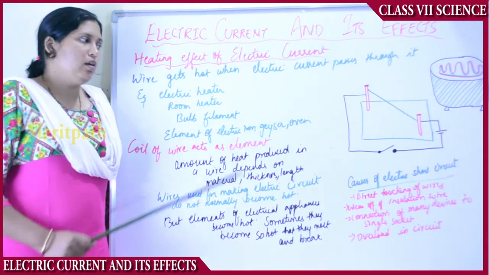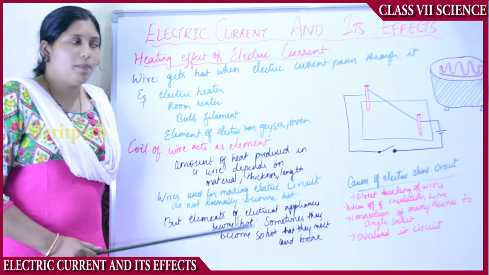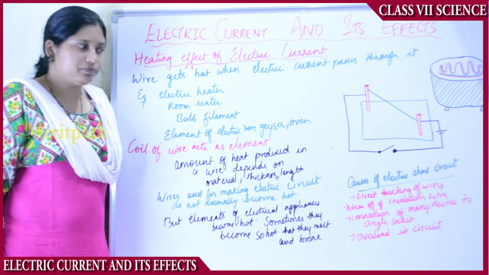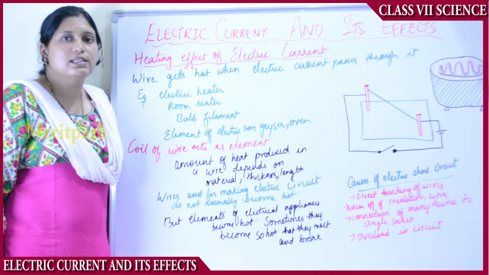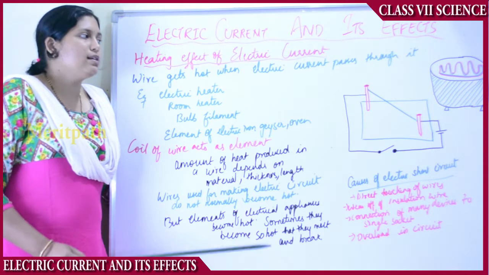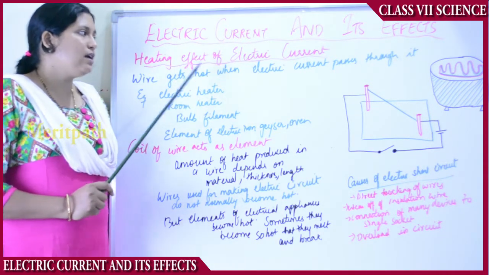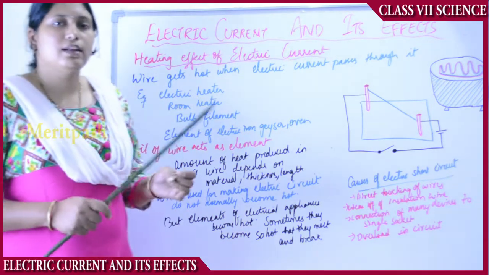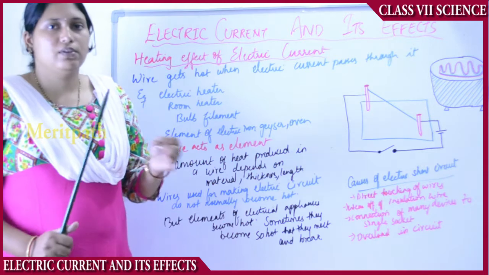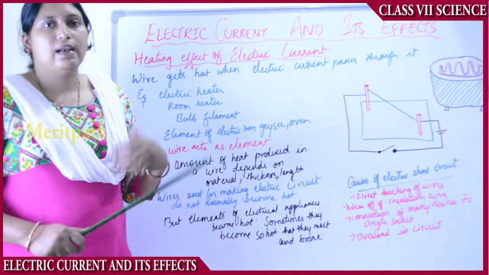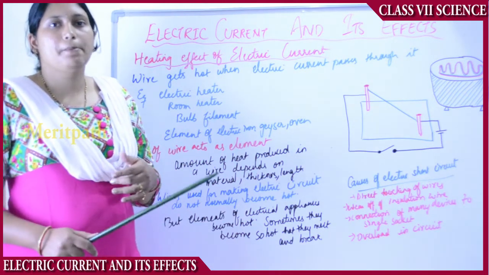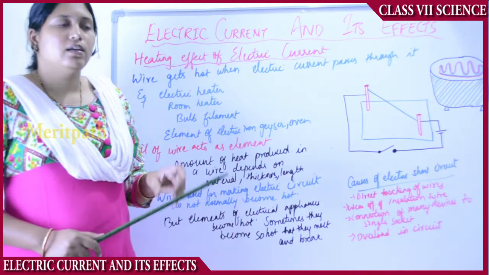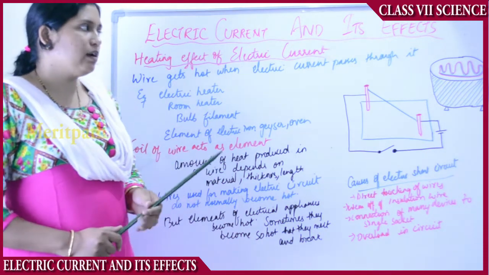That is the reason many layers of copper wire are placed in the coils. So excessive heat produces a short circuit. Always when a wire is heated, it produces heat. So that is the heating effect of current. Whenever the power is switched on, whenever the circuit is complete, whenever the switch is in the on position, the electric current flows, the circuit completes and the wires get heated. The coil of the elements gets heated.